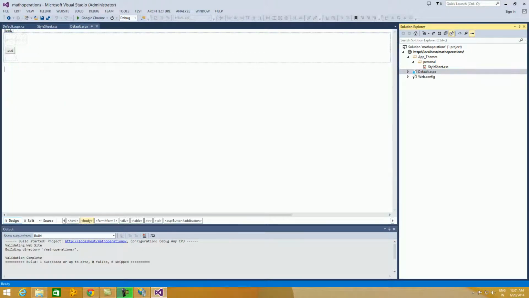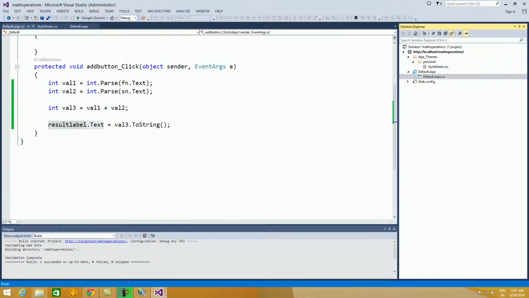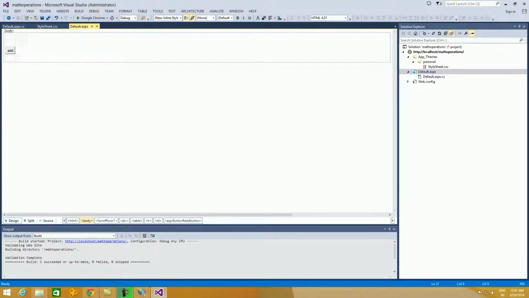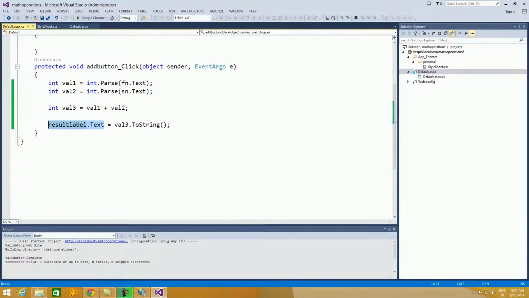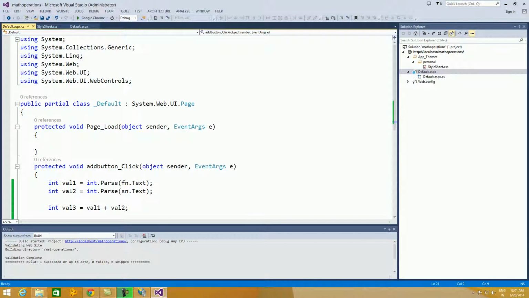This is our web page, this is an HTML page, and if you click this button, there is a code behind file visible. So from Solution Explorer you can open the code behind file like this, or else you can go to the design mode, press F7. So this also opens the code behind file.